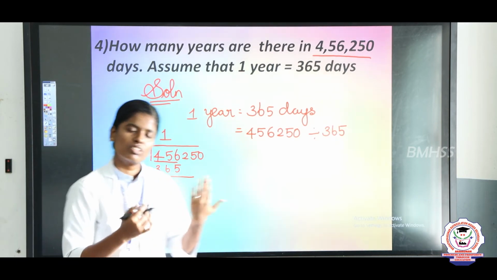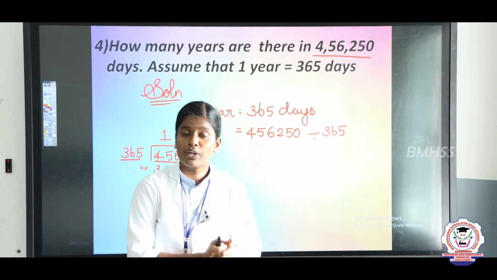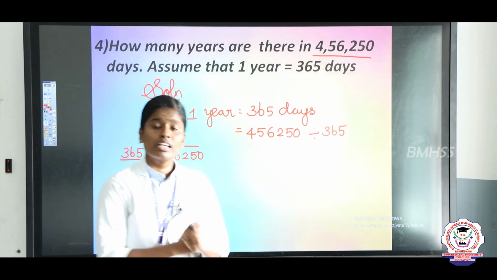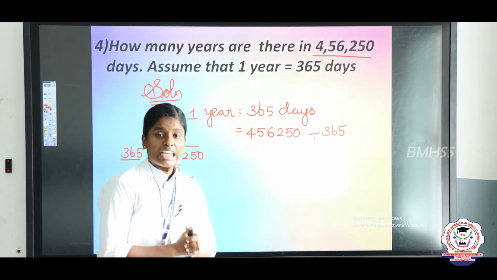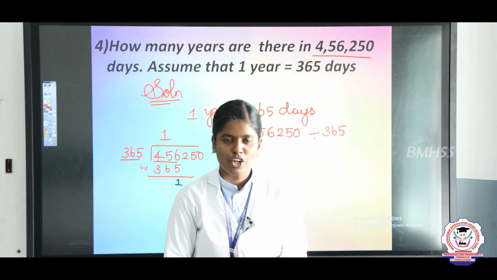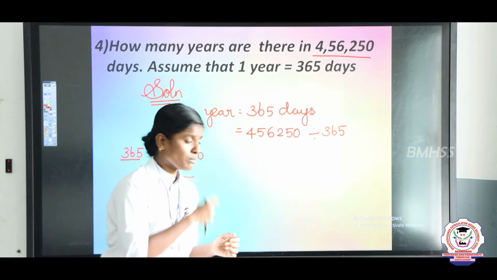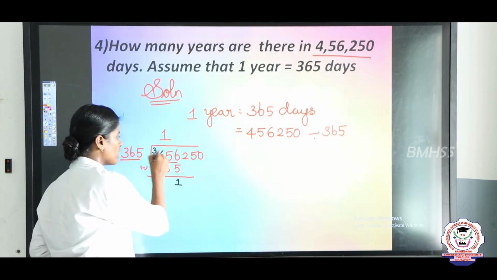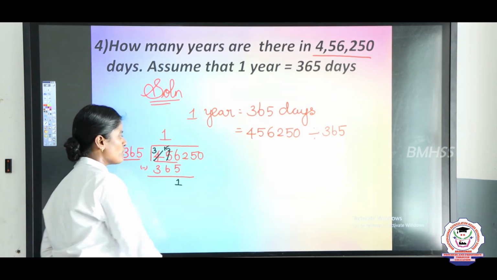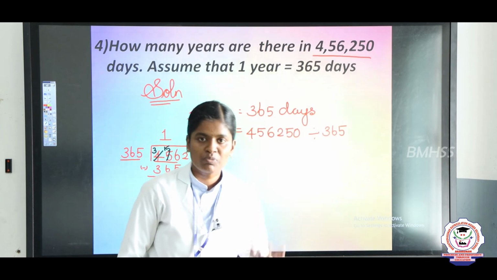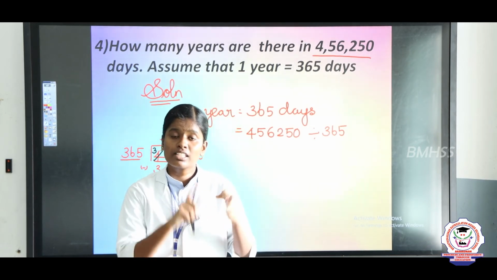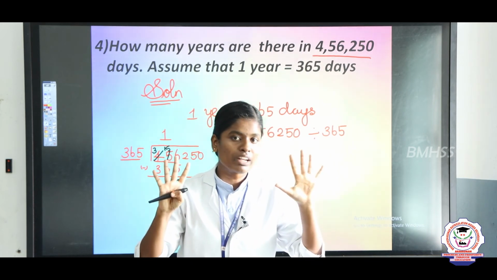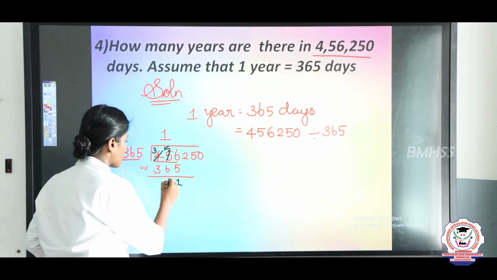Now we are going to subtract this. While subtracting, first you take the ones place value. So 6 minus 5, what is the answer? The answer is 1. Now tell me Purtika, what is 5 minus 6? Is 5 minus 6 possible? No, very good my dear. Why? Because 5 is the smaller number and 6 is the greater number. We are going to borrow from 4. So 4 changes into 3, 5 changes into 15. So 15 minus 6, what is the answer? 6 after 7, 8, 9, 10, 11, 12, 13, 14, 15. So totally we have 9 fingers, so the answer is 9.